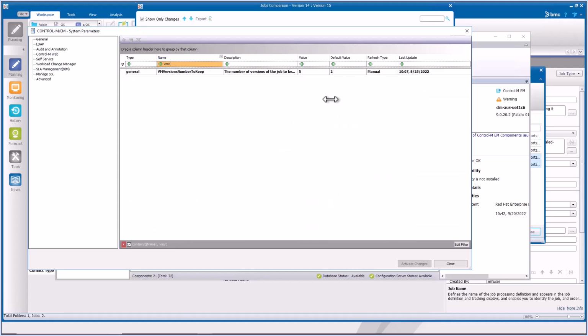You can see that by default it's set to 2, and I increase the value to keep 5 versions. Also notice that the refresh type is manual, which means you need to refresh the GUI server in order to keep the version active. And I'm now going to thank you for watching, and I'm back as the presentation to